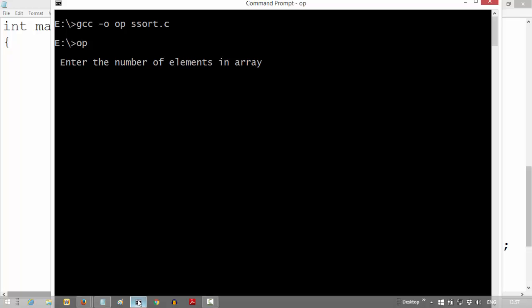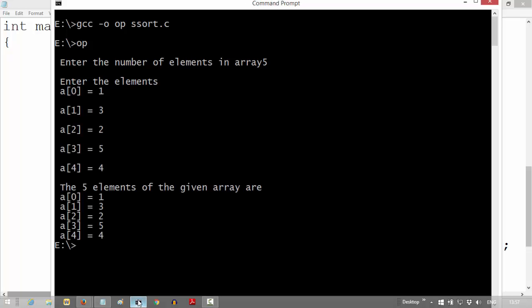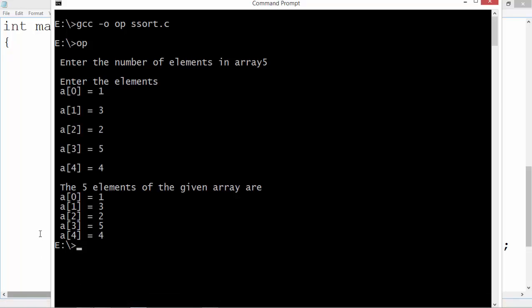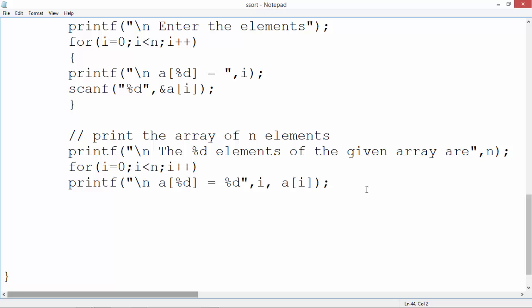Alright, so enter the elements of the array. So we'll say 5. Now a of i is say 1, 3, 2, 5, 4. So 1, 3, 2, 5, 4. So at least our array elements are perfect now. Okay. So now next I have to just call a function